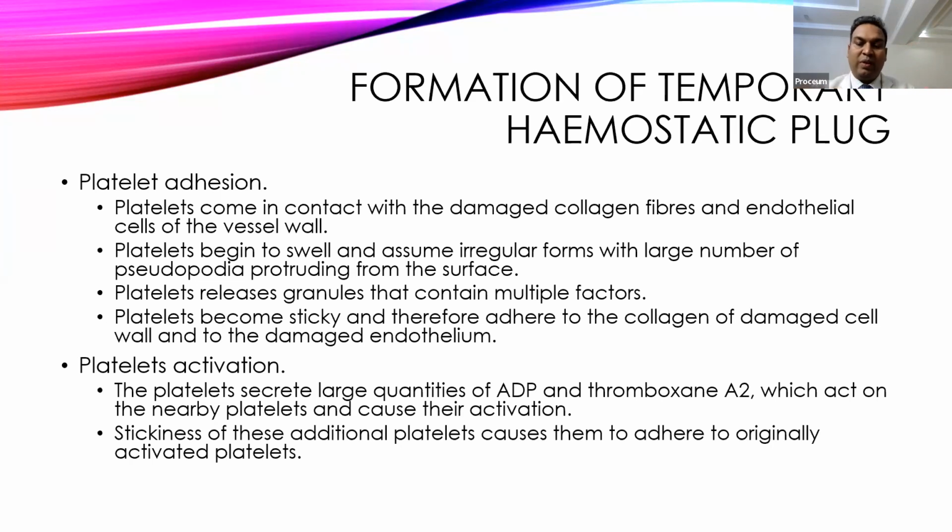Once a platelet becomes active, it will start swelling and form an irregular shape. It starts protruding various pseudopods from the platelet, and the pseudopods will start to attach to the surface of the blood vessels and increase the stickiness of the surface. It also starts releasing various factors which increase the stickiness of the platelet, and platelets will start adhering to the collagen of the damaged vessels, and try to plug or seal the damaged blood vessels.